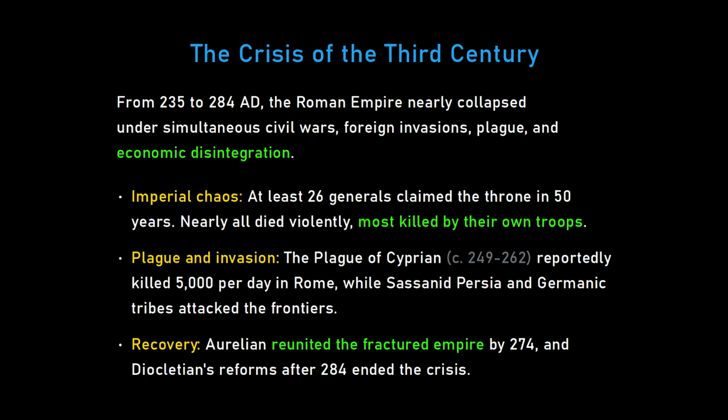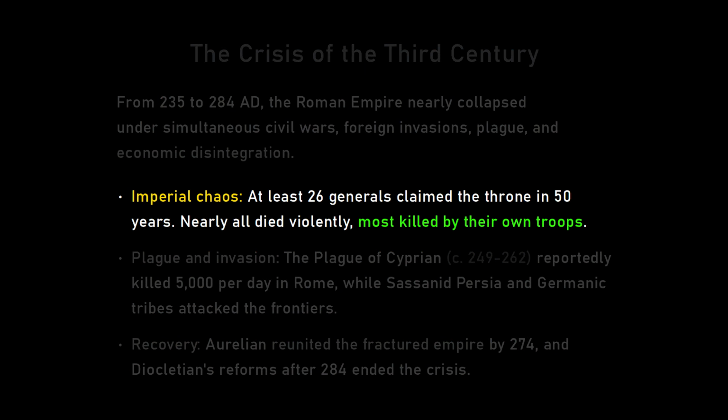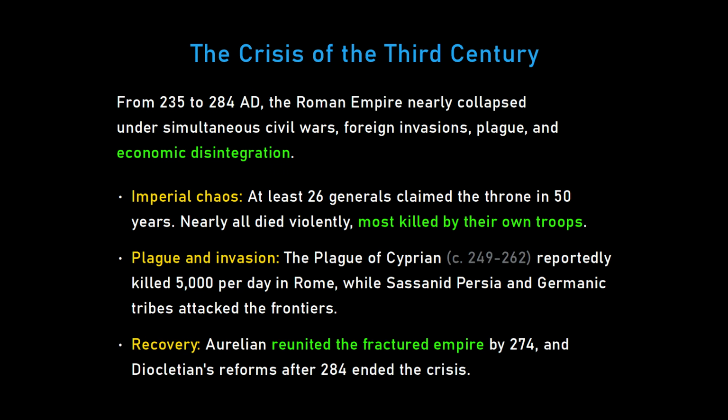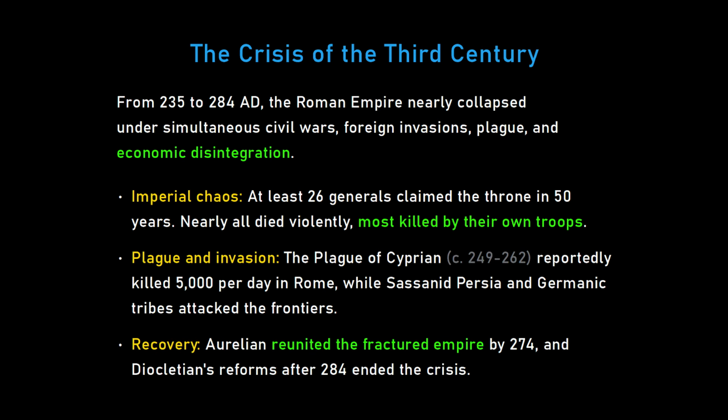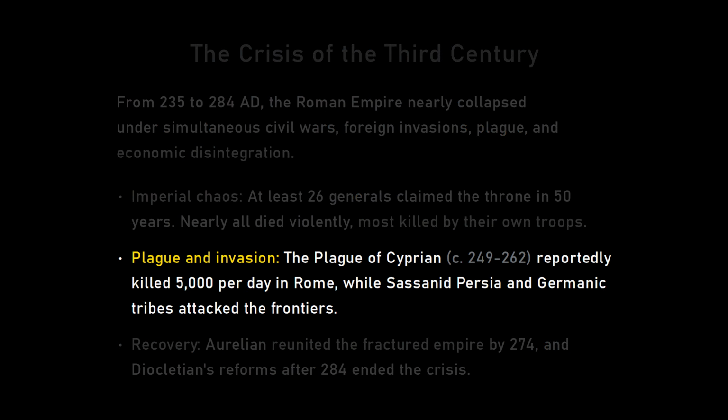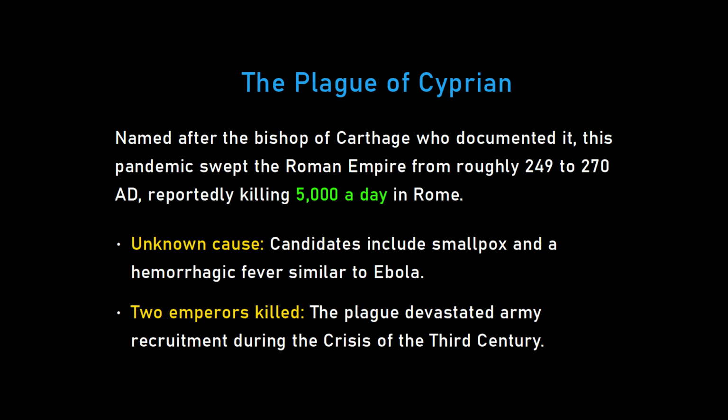Let's talk about the crisis of the 3rd century, where 26 emperors were murdered in a period of 50 years. Yes. It's tremendous instability. So there's civil wars nonstop. Almost all of these emperors were generals, and almost all were murdered by their men. So civil war was the norm, hyperinflation, economic crash, plus there's a plague. Yes. From 249 to 262 AD, which is a pandemic, possibly smallpox or Ebola. It killed up to 5,000 people a day in Rome alone, devastating the tax base and army recruitment pool. And the empire